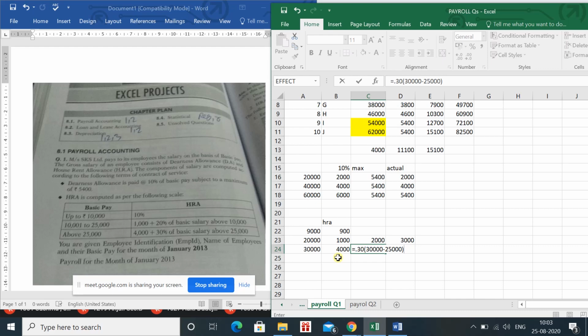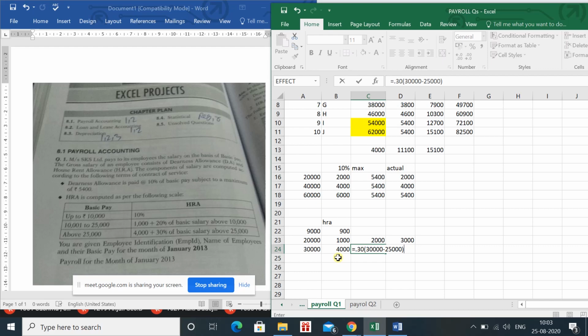So for this you can see that we have to calculate it again and again, but if we are applying a proper formula, in one single formula you can calculate for each and every employee and apply it. We have taken the example of 10 employees only, which we can calculate manually also. But when we are talking about a big organization, it is very difficult for them to apply the condition manually for each and every person. Plus, the chances of error will also increase. So that's why we have to apply the formula in this case.